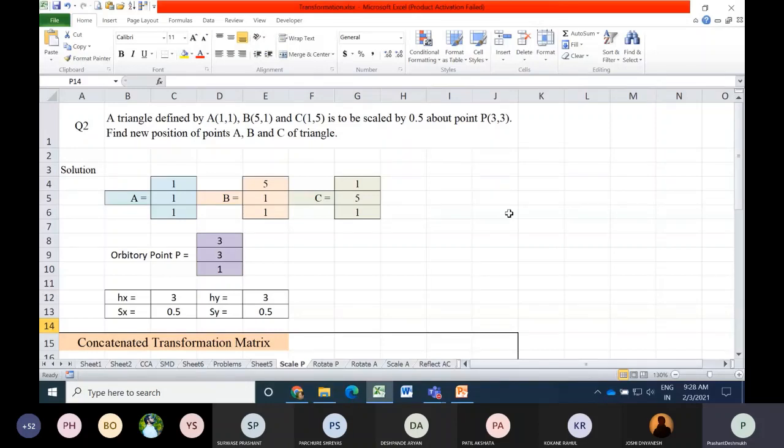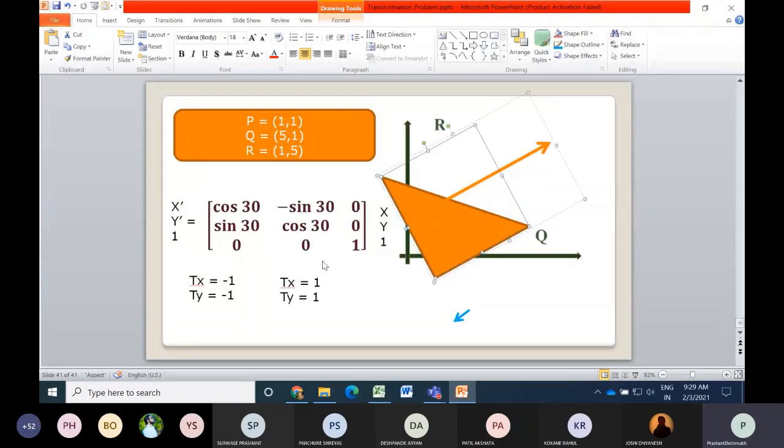So first what we have to do is bring that point P to origin. We will try to solve these things with the